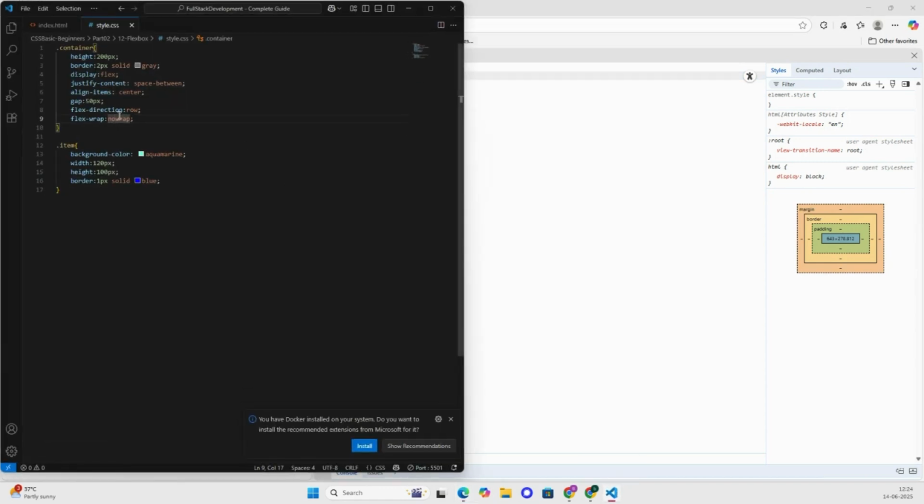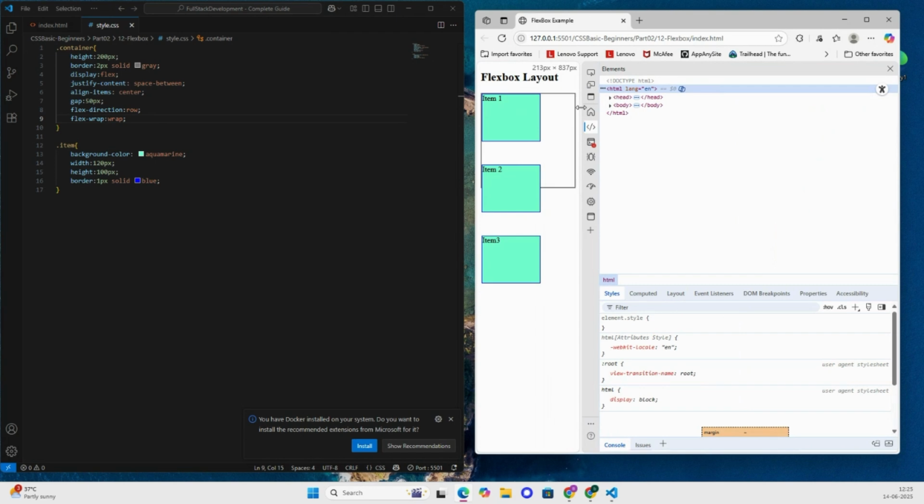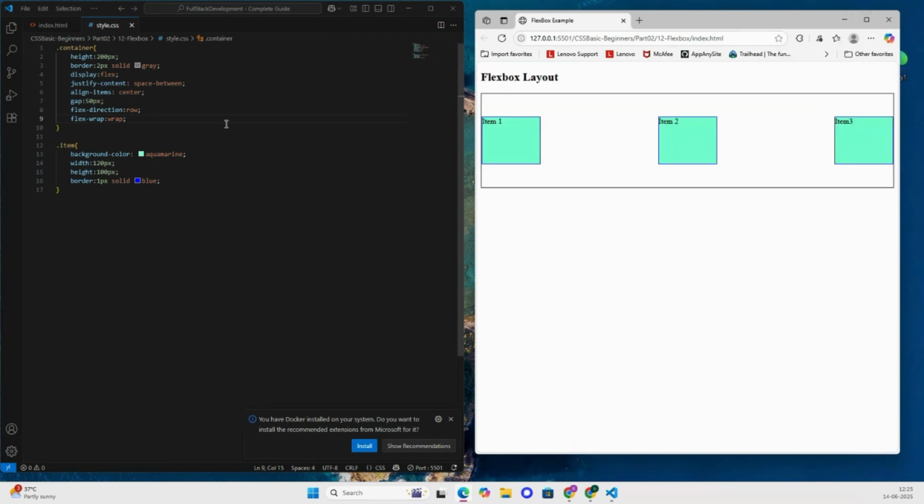Okay, instead of nowrap, let's keep it as wrap. Let me show you again. Here the items are displayed like a column, right? This is how the flex wrap works. Okay,